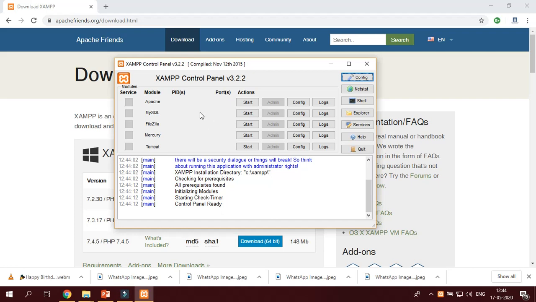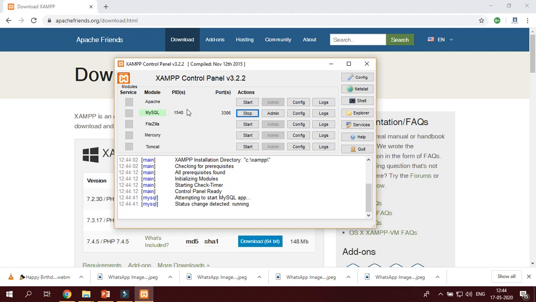XAMPP comes with the Apache service, MySQL service, FileZilla service, Mercury and Tomcat. We have to perform MySQL related practicals, so no need to start the other services. Just start MySQL. Once you click on start, it will automatically change to stop. If you find stop, that means the XAMPP MySQL service is running right now.